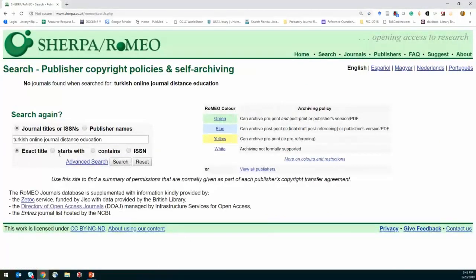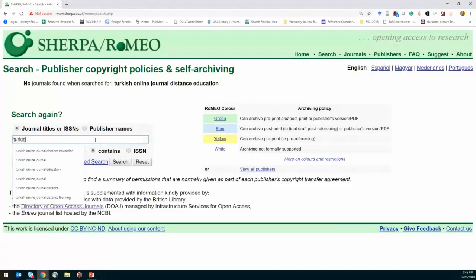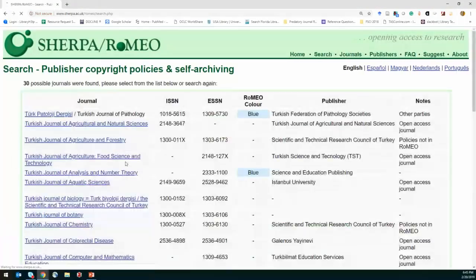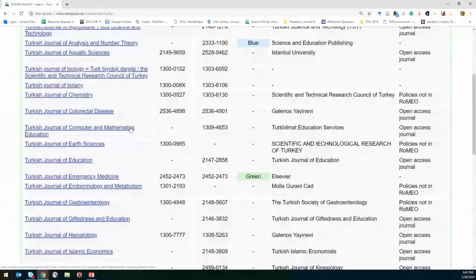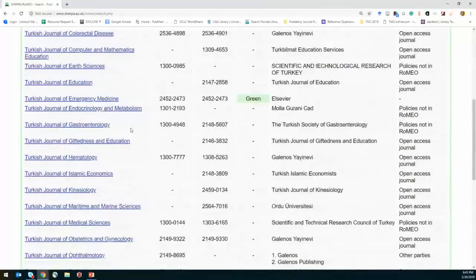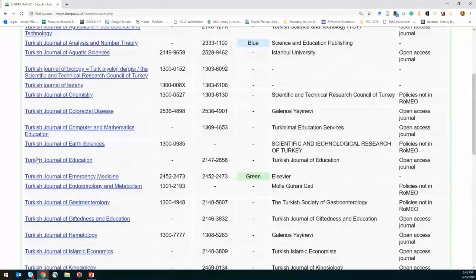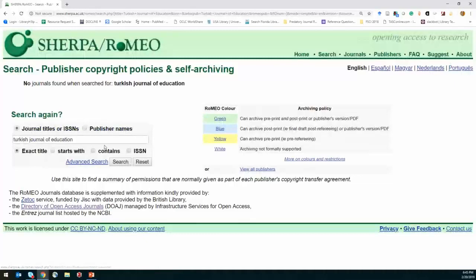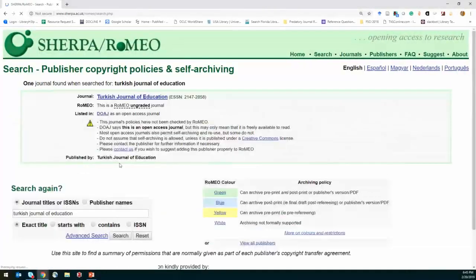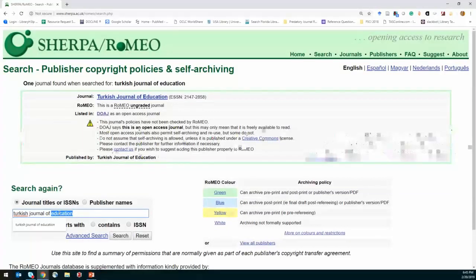So am I getting this right? Let's try it this way. Let's do Turkish Journal of Education. So I can search that title and pull up an entry for that title. DOAJ lists that one as open access. Let me try it with this.